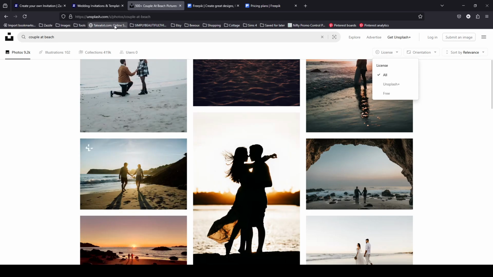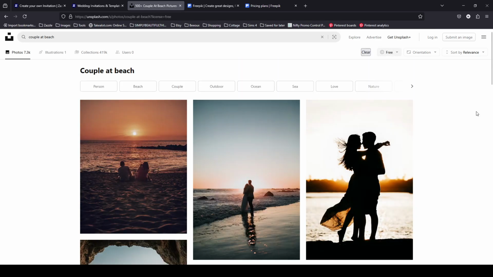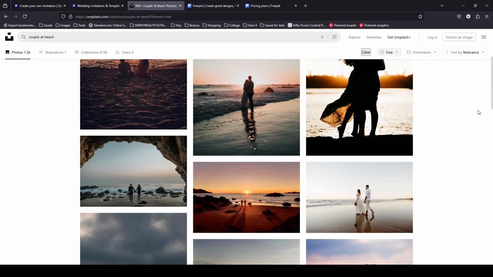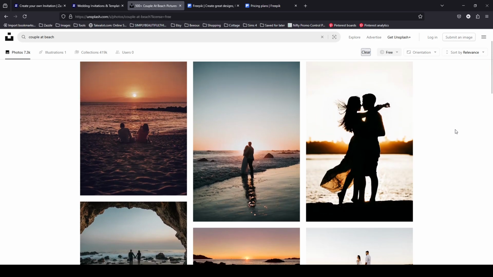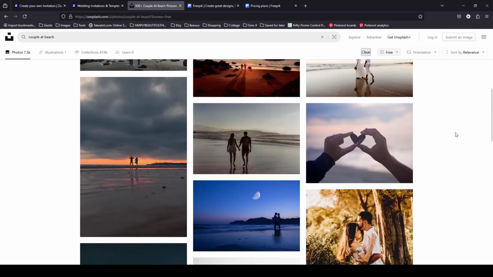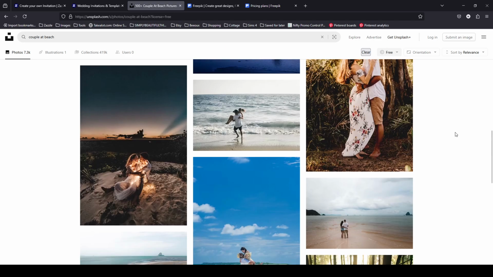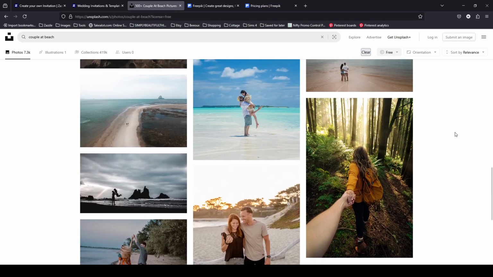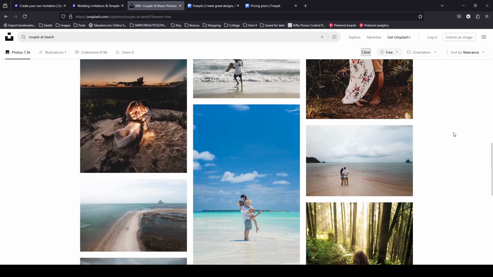So what I always do is I put in my search term, and then I click on this license drop down, and I choose free. So now it's only going to show me free images. So there's no cost involved. You don't have to create an account. You don't have to give them your credit card details, none of that stuff. So you just have a look through to see what you can find, and you will develop an eye for it if it's not something you already have an eye for,